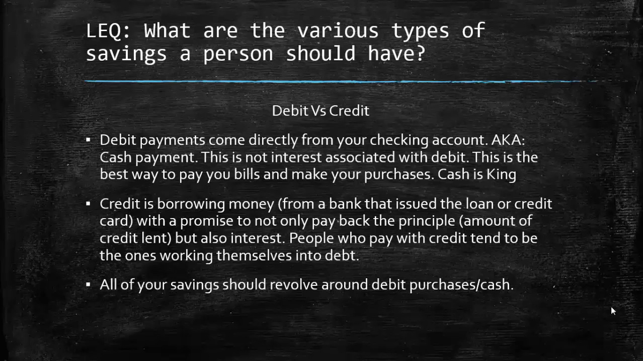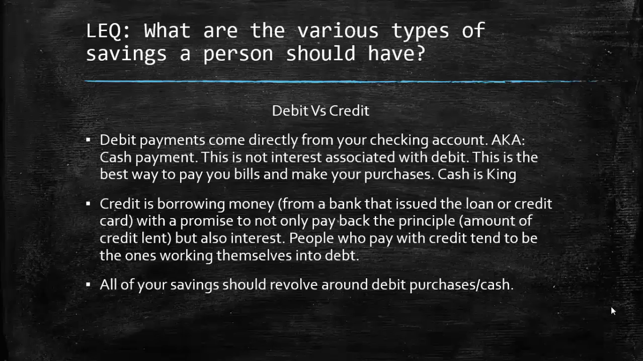Now, the advantages of debit is that you can only buy things if you have enough money for it. Yes, that is an advantage. People work themselves into debt by buying things they can't afford. So the biggest advantage of debit payments is there is no interest associated with debit. That is, if you have the money in your checking account and you swipe your debit card, then that is treated like cash. The best way for you to pay your bills and to add to your savings is through debit purchases. So the general theme for debit is that cash is king. You will hear this a lot from various